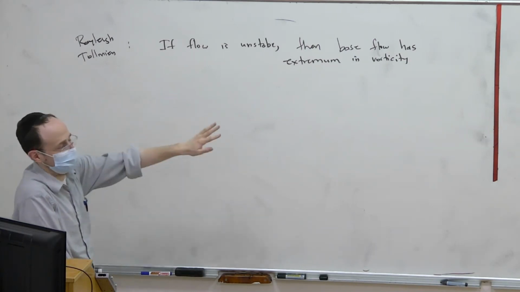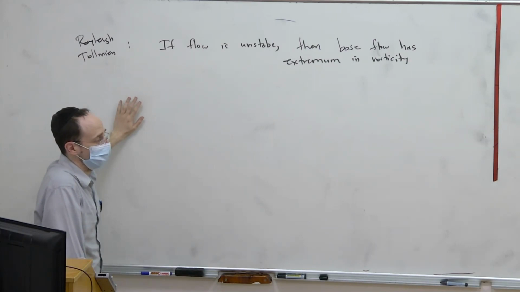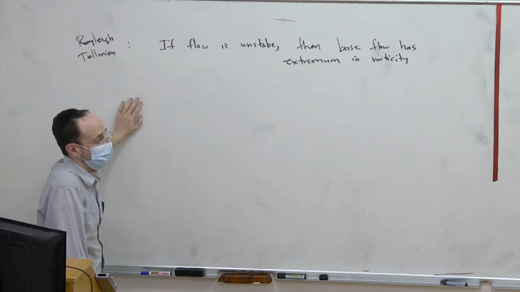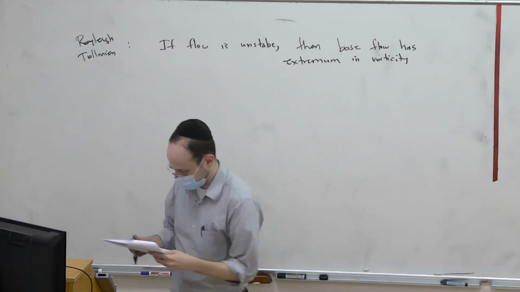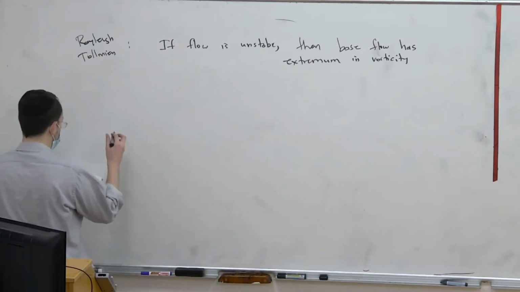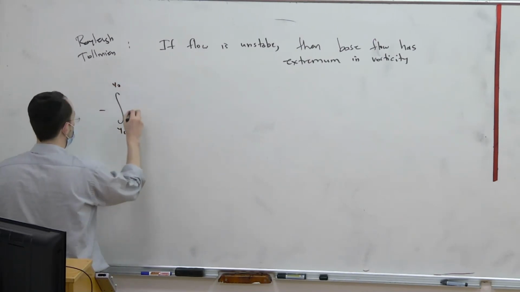We had this wonderful trick to learn something from the imaginary part of the equation. So this guy named Fjortoft said, let's try to learn something from the real part of the equation. So let's look at the real part of the equation. If we write the real part of the equation again, so this is the integral from yi to yo,